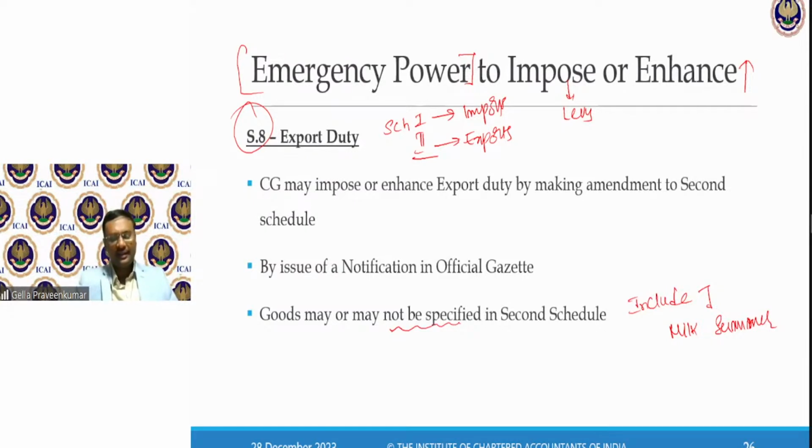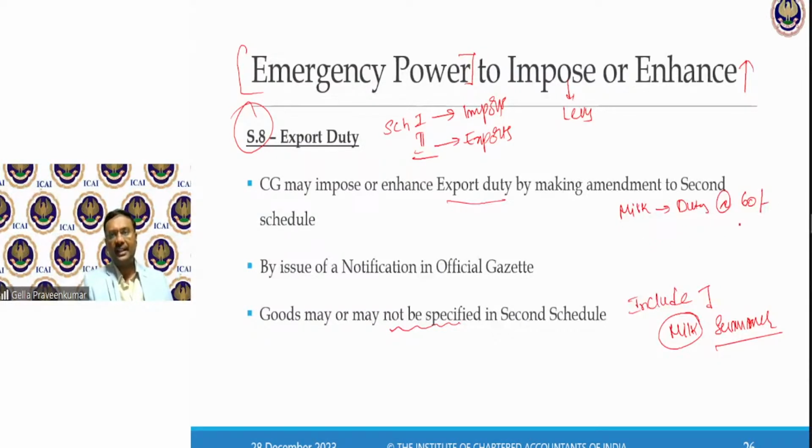Whatever cattle feed is required, at times there could be a shortfall in the cattle feed. Now, in summer, especially to protect the industry, they may say that for any milk being exported out of India, they may enhance the export duty, or make it so costly that the product itself is not exported. For a moment, for the milk which is being exported, the regular duty is at the rate of rupees 60 per liter.